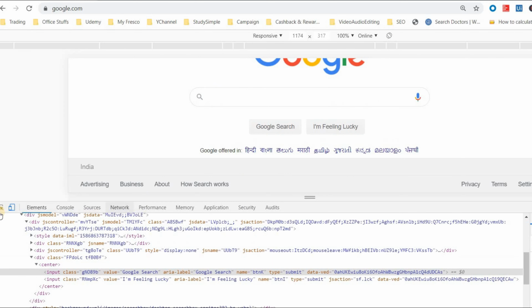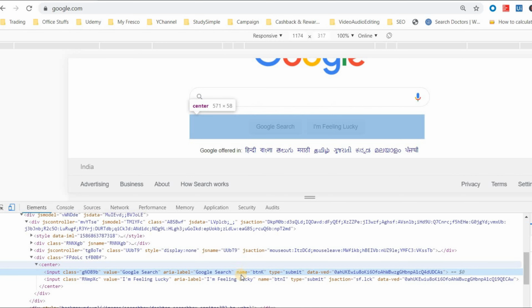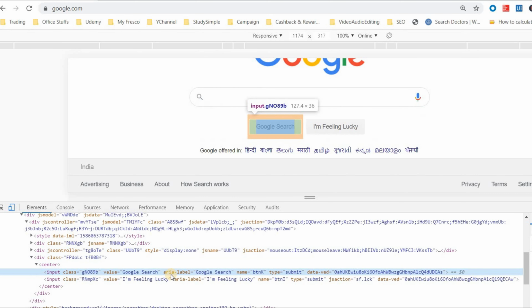Now see, one thing that you need to notice is that the Google search term is written inside the aria-label attribute. So we have to fetch the value of this attribute to get the term Google search. The locator that we used is the name, that's fine, but to get this value in our system we have to use getAttribute aria-label, so that we get the value of this aria-label, which is Google search.